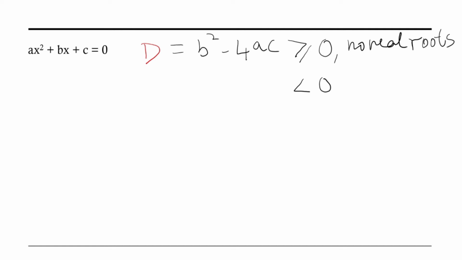So here, let us take an example. Let us consider the equation x square plus 1 is equal to 0. For this, if we find the discriminant, b square, b is 0, minus 4ac is equal to minus 4, which is less than 0. So this equation x square plus 1 is equal to 0 does not have any real roots. But it is not necessary that we stop here. We can extend our real number system to the next number system, which is the complex number system. There, x square plus 1 has imaginary roots or complex roots.